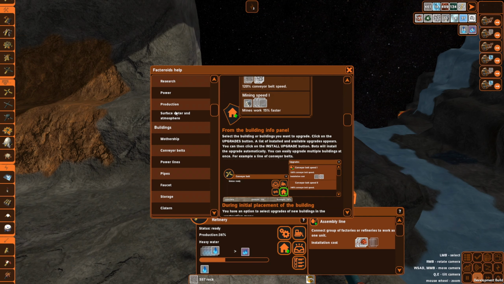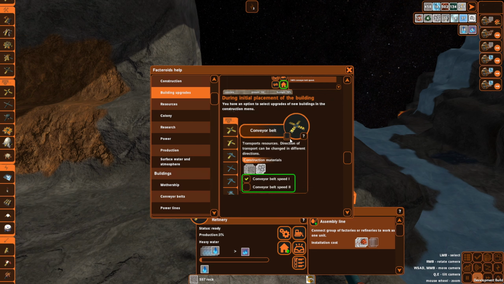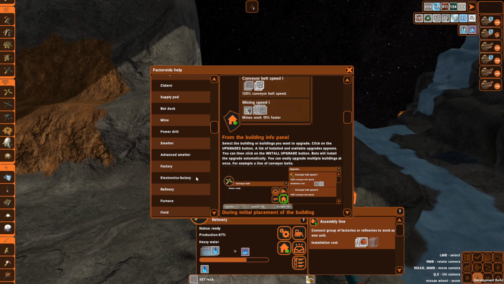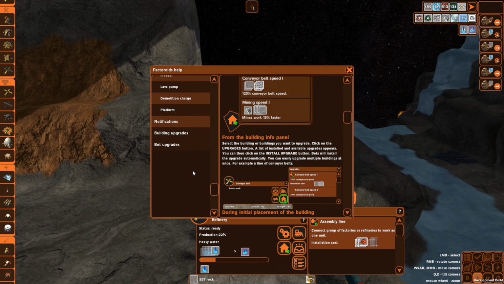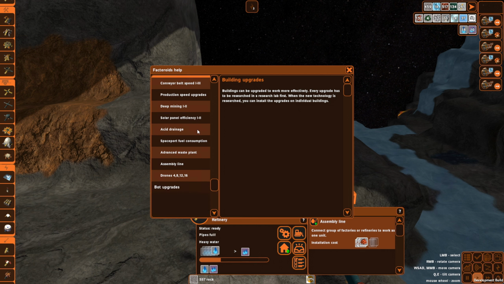Building upgrades. Somewhere there is a... Here it is. Building upgrades. Assembly line. Factories or refineries with the assembly line upgrades, standing next to one another, can work together as one production unit. They share the recipe and all inputs and outputs. So basically, if we upgrade these things...